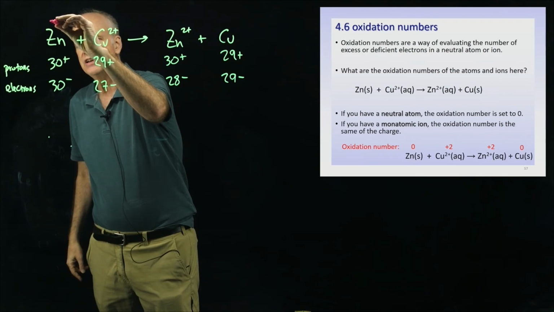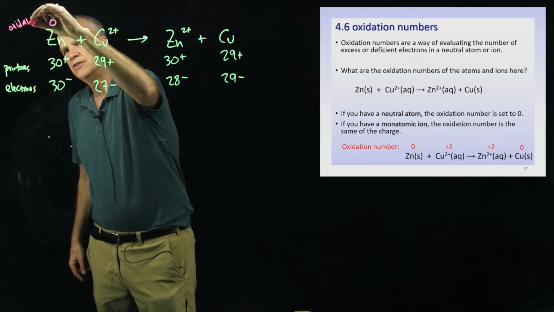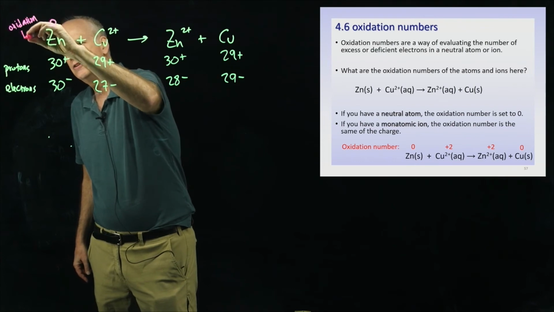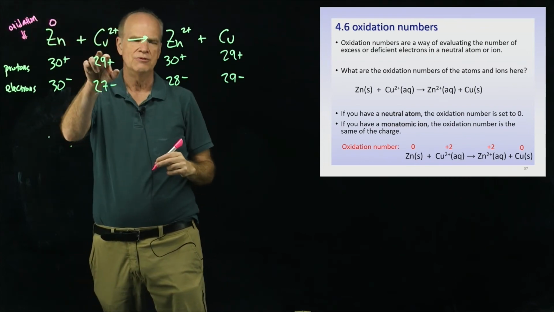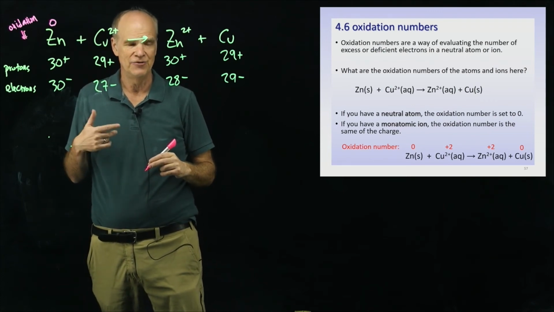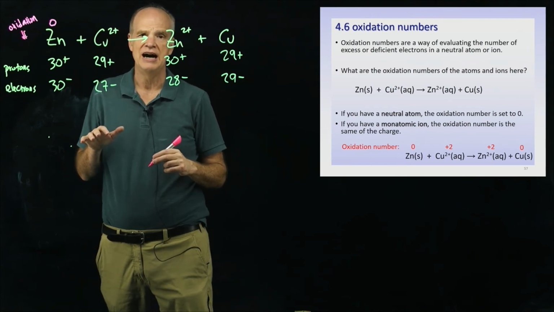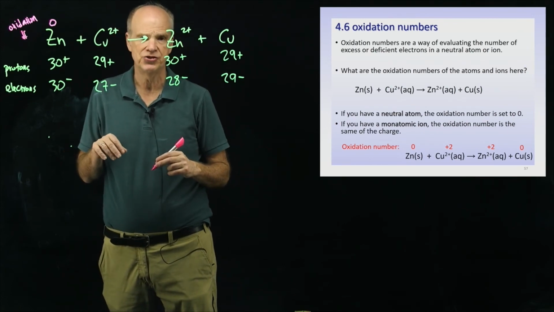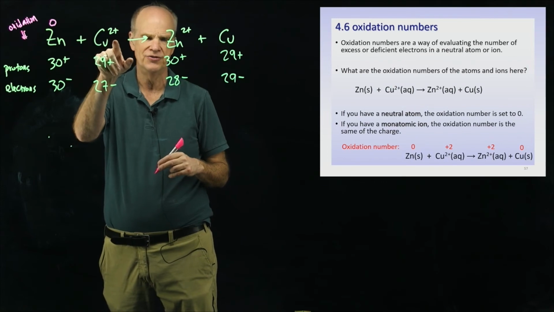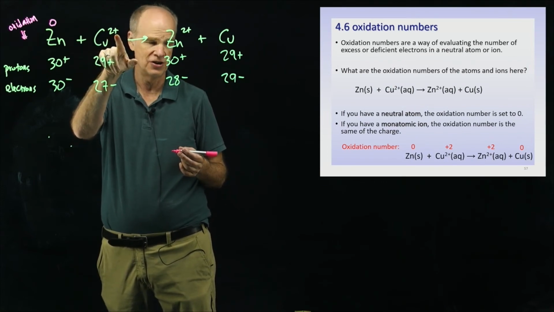So I'm just going to indicate oxidation numbers here above these symbols. Okay, now what is the oxidation number for the copper ion? Another thing that is helpful to remember is that the oxidation number for a monatomic ion will be the same as its charge. Now with charges, normally what you should write is the number first